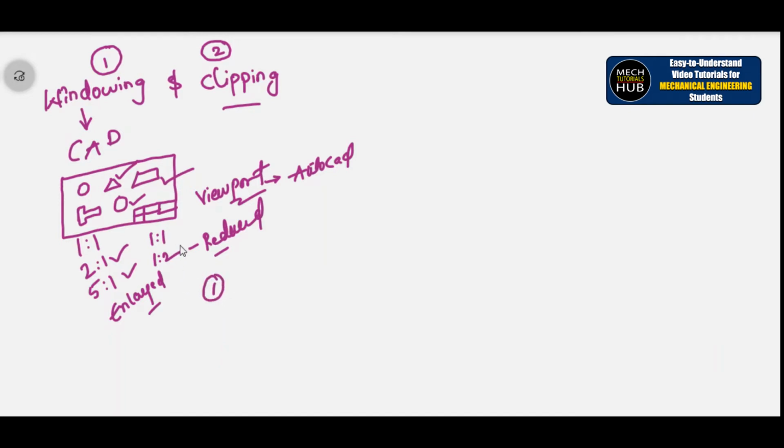Coming to the first point, simple definition: window is finite portion of infinite world. You can say it as it is a finite portion of infinite world. Portion of infinite world means it is limitless.